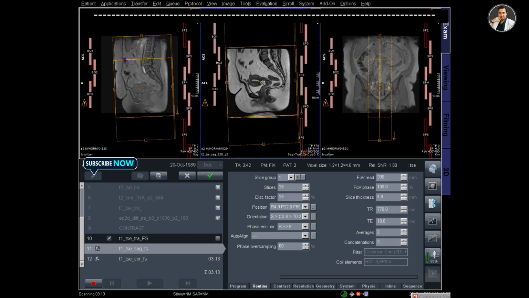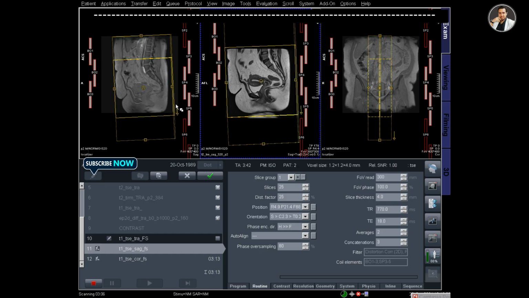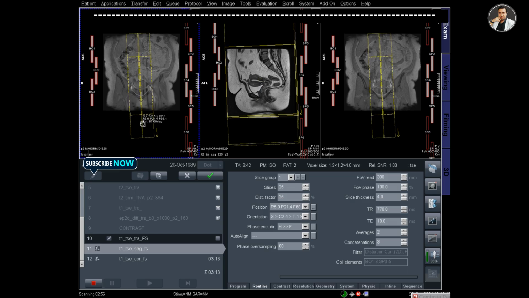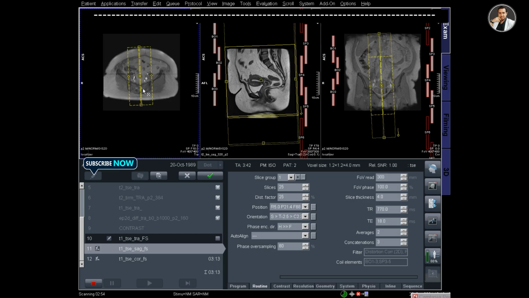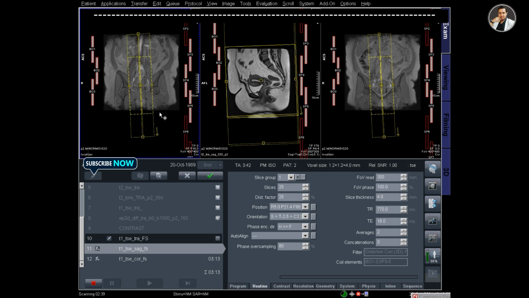You can see that the slice block is showing orange color, and I'm changing the positioning mode and it turns yellow. So this is the technique. If you see any red signal in the plan, just change the positioning mode to ISO. Because if the positioning mode is in the fixed mode, then the table will be fixed, and if you change the slice, the table will not move as you desire.